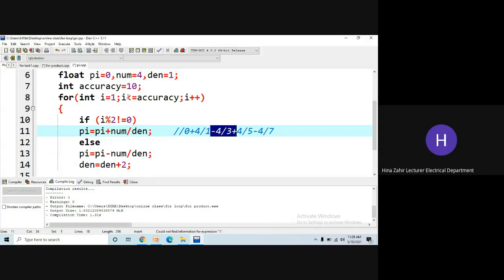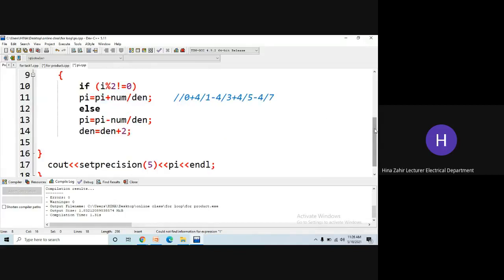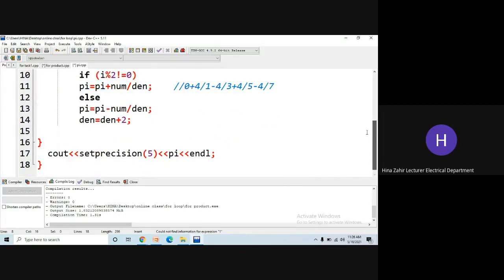अब जब लूप की वैल्यू 3 हो गई, आई की वैल्यू 3 हो गई, तो ये फिर ऑड है, तो फिर ये रन होगा। तो इसमें अगेन सिर्फ प्लस होगा 4 बाय, और डिनोमिनेटर की वैल्यू 5 होगी, एंड इसी तरह चलता जाएगा। तो हम लोग असल में ये जो इफ कंडीशन लगा रहे हैं, ये सिर्फ और सिर्फ अल्टरनेटिंग प्लस माइनस साइन के लिए लगा रहे हैं. When the loop finishes and it runs 10 times, then we are going to display the value of pi.